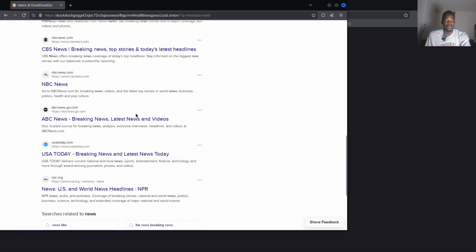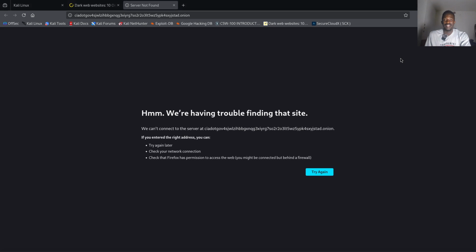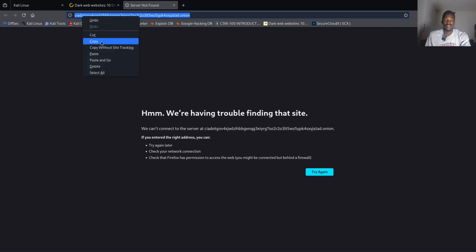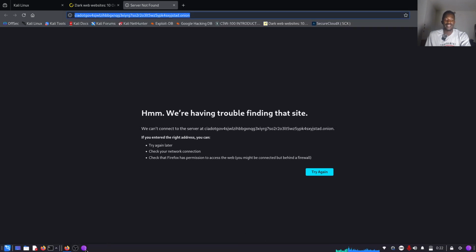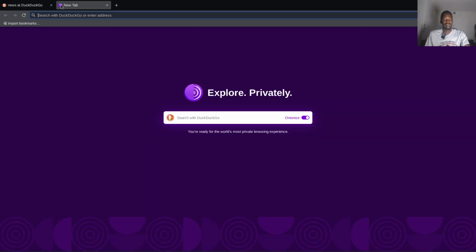Just like any other browser, it can be used to browse. The good thing about it is that it enhances your anonymity. I'll talk about that in depth later, but let us look at the dark web. We realized that we could not access this website from here. You see it has a .onion at the end, showing that it's a Tor website and can only be accessed by Tor. So this is the CIA whistleblower program. I'll just open it in a new tab, paste it, and let's wait and see if it will load from here.